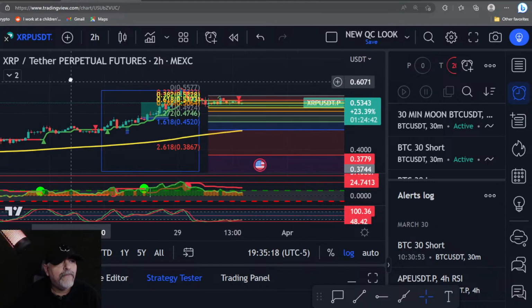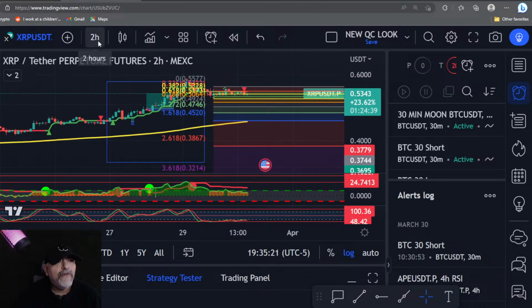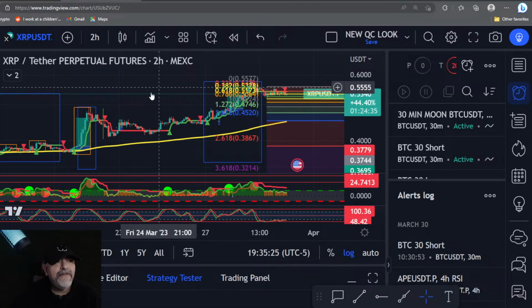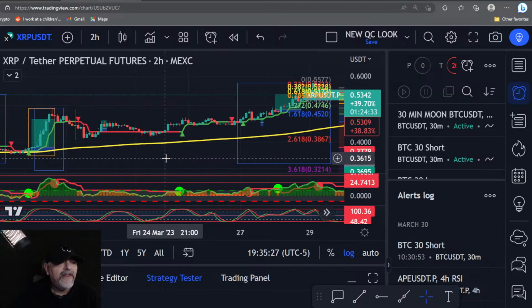All right, so let's go. So now, guys, let's go back over here. And while we're trading here, even if you're doing the 2 hour moons, it's better to do a